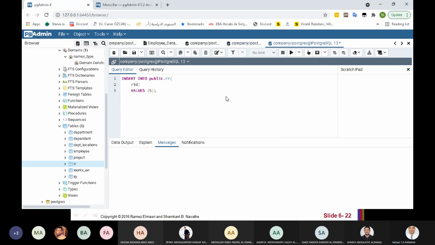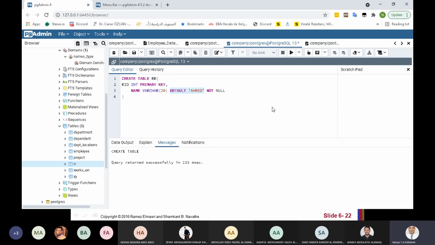Okay, let's execute this. It's working. But the name is not null, I said. I did not enter data for the name. Why is it working now? It's working because there is a default value. When I did not enter the name, it will take the default value.